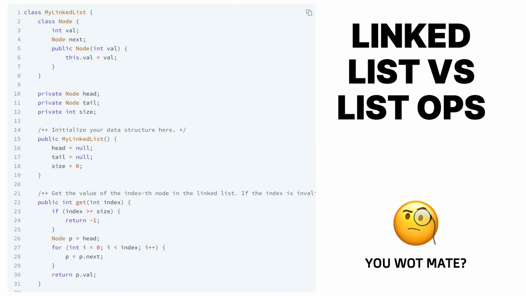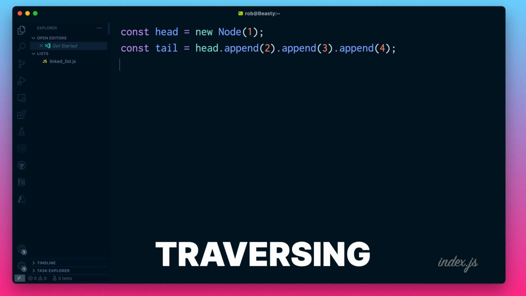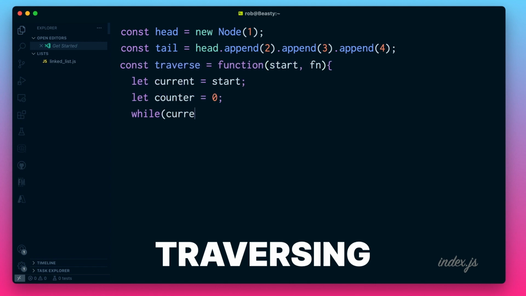But in the purest sense, a linked list doesn't have any behaviors. It has a value and a pointer to the next value, and that's it. You can do a lot with a linked list, sure, but those are list operations. Let's take a look at those. Let's traverse the list that we just created. This is a straightforward algorithm and one that will be used by every other function we'll create, almost,